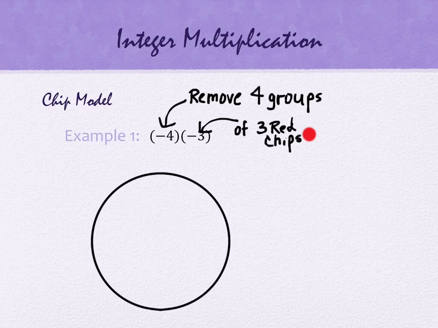Okay. In order to remove 4 groups of 3 red chips, I have to have 4 groups of 3 red chips, but if I just go putting in 4 groups of 3 red chips, that's not starting out at 0. So that's exactly what we're going to do. We're going to put in 12 red chips and 12 black chips. And if we had put in, say, 15, it's okay. We'd just cancel out 0 pairs later. So there's nothing special about the fact that we had to know how many to put in. We're going to use our knowledge so that we can avoid having to have lots of simplification at the end. But we need 12